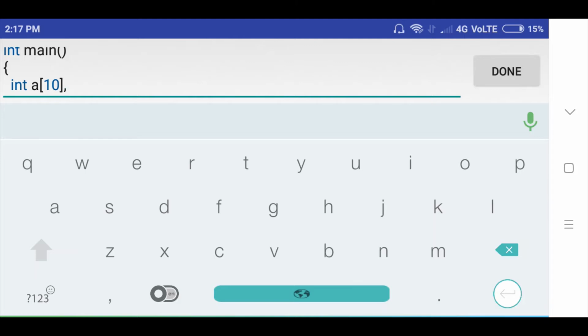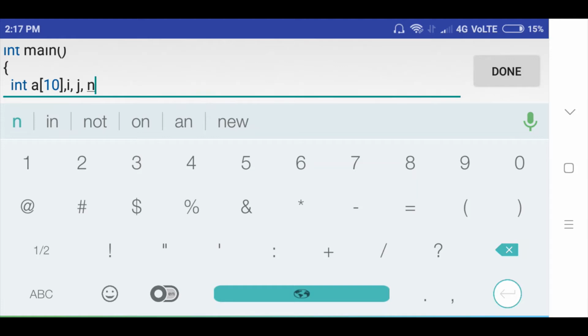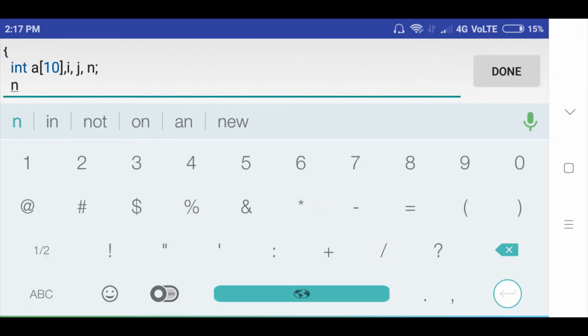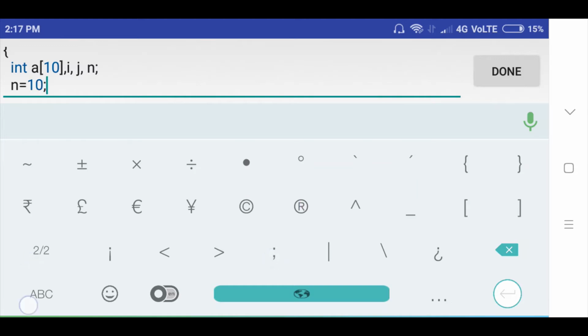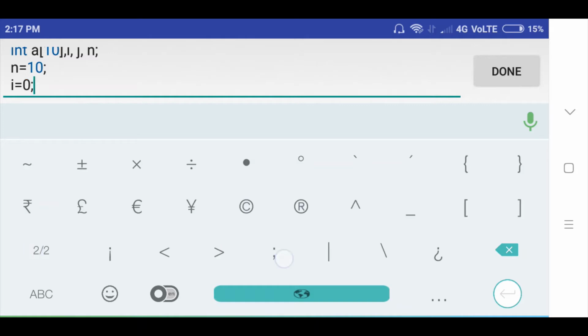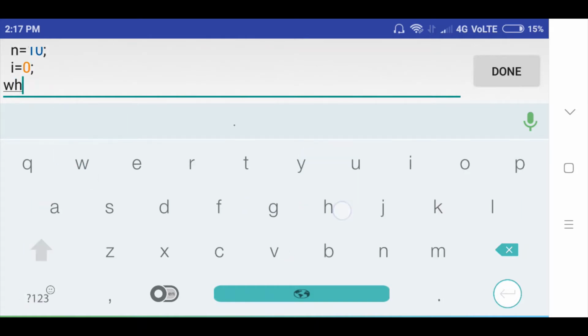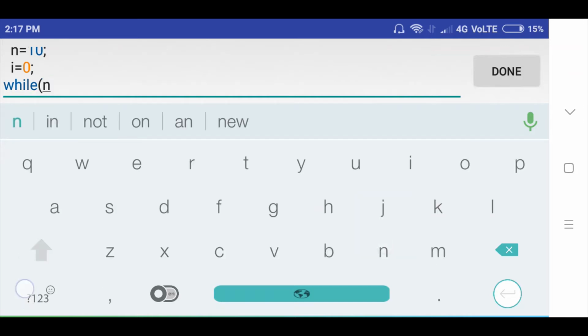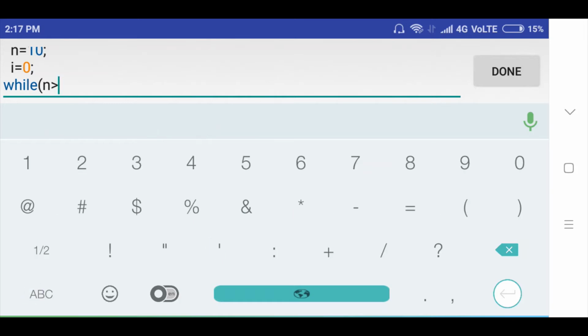then i, j, n. Then I will take the number n is equal to 10, then i value is initially 0, then a while condition: n is greater than 0,